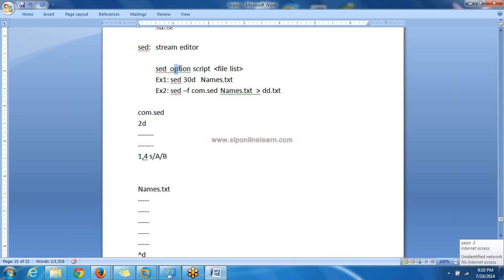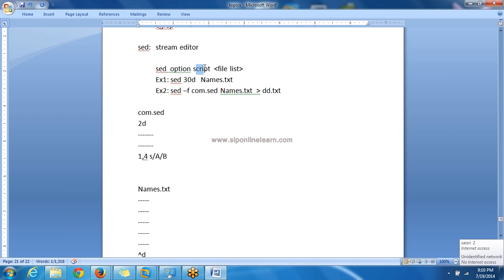Here we have two options, -e and -f. -e is the default, an inline script, which means the script or command you want to use is specified at the command line. The next option, -f, you use if you are giving a script file as input, or as a parameter.